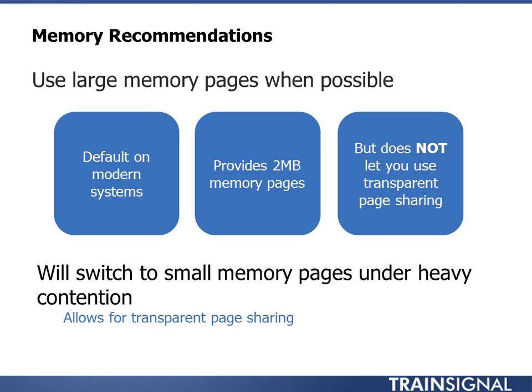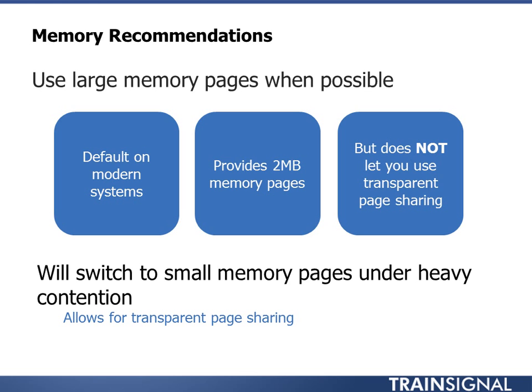This is funny because I think it was vSphere 5. When 5 first shipped, there was a bug, not in this, but in how it displayed memory counters within vCenter. Everybody thought they were running out of memory on their host, and they were under heavy contention, and they were going to swap. And it turned out to be a UI bug because of the way that it switched to page sharing. It wasn't actively being shown. Just know when you hit a point, it will flip and it'll start using small memory pages and will do